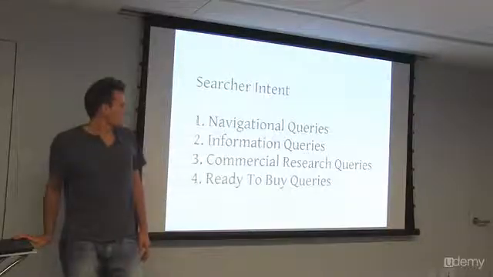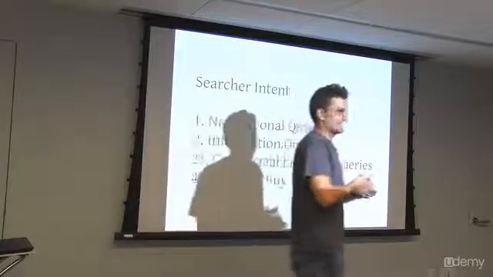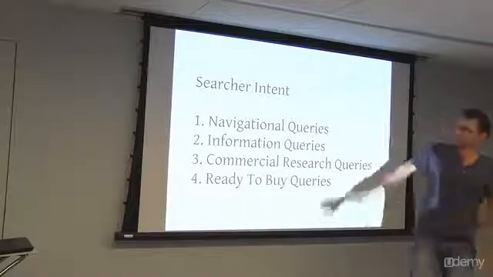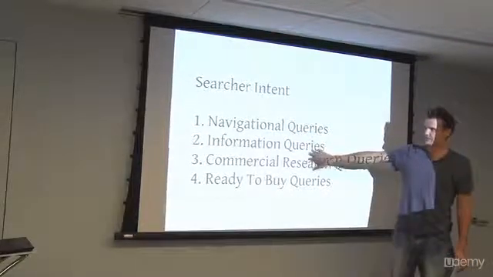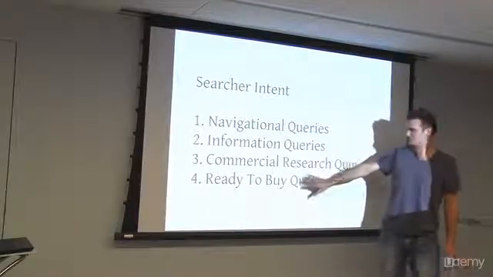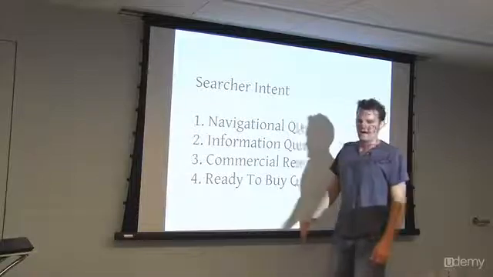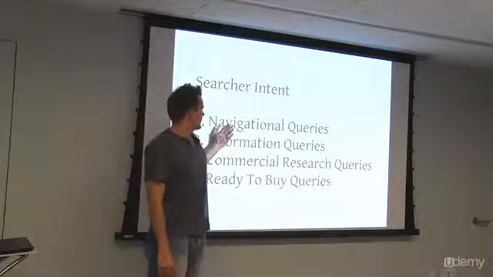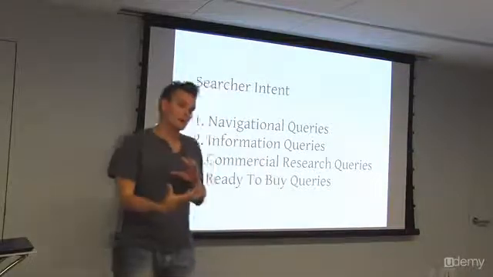The most important aspect of this here is to really consider searcher intent, right? And I like to break searcher intent into 4 different categories: navigational searches, informational searches, commercial research searches, and ready-to-buy searches. So a navigational search is usually a query that maybe someone's been to the website before and they're just